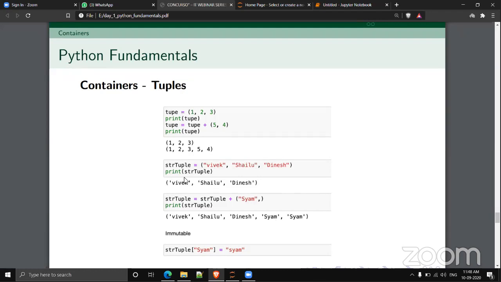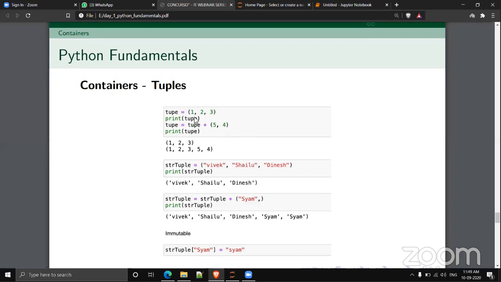of thing. That is, if you are doing some operations on a list, it will get reflected in the list itself. But in the case of a tuple, if you're doing some operations on the tuple, it will not get reflected back to that tuple. Like in this case, if you are writing tuple plus 5 comma 4, it will not get added to the tuple.